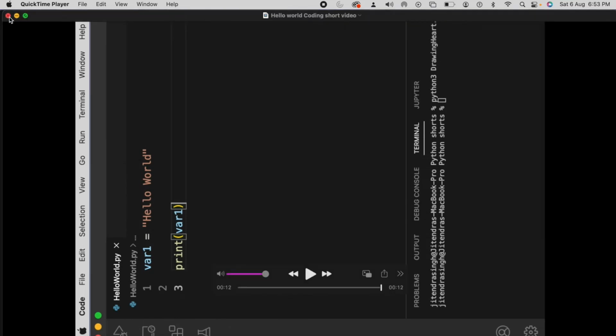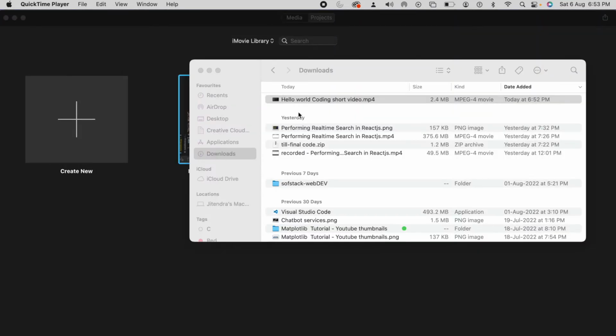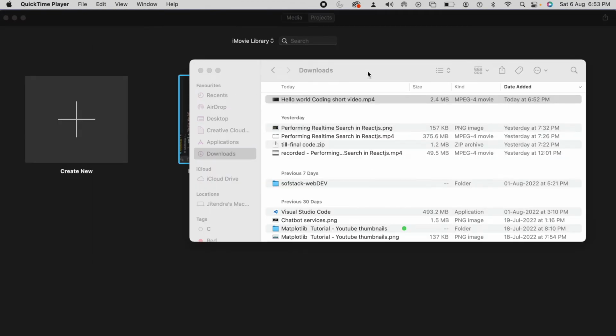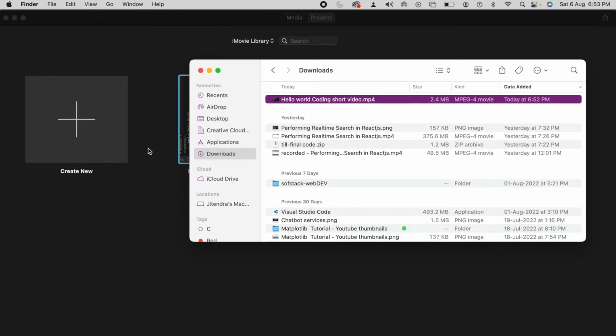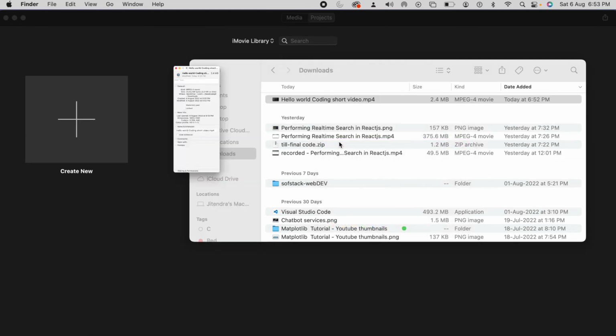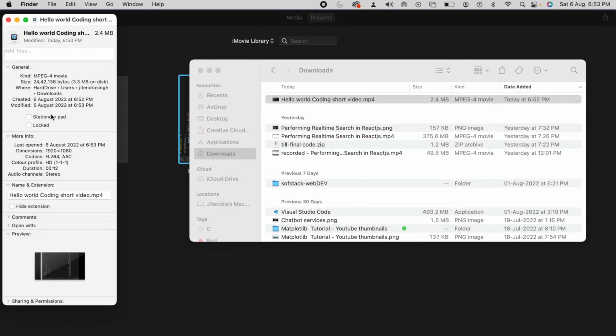Okay, so still in the vertical view, what you have to do is open this video in playing mode, just open one. And then I'm going to show you one more piece of information. We have recorded this video in vertical view, right? And this video still will not convert to a vertical video. Why? Once you click on this video and get the information, you can see our video